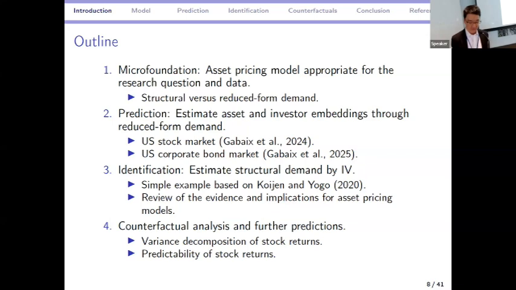Once you have a demand system, of course, you can do counterfactuals. The paper that Ishita just presented is a good example of using a demand system to do counterfactuals. The way I want you to think about this is, from prediction to identification to counterfactuals, you need more and more assumptions, but then you can do a richer set of experiments that might answer your question better.